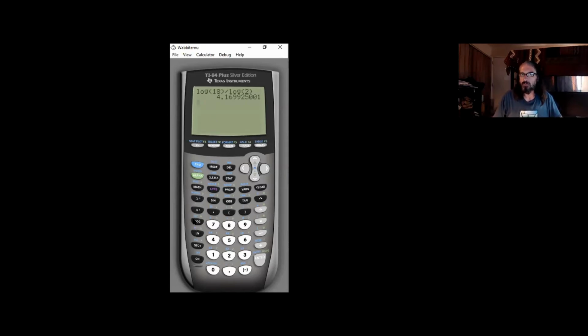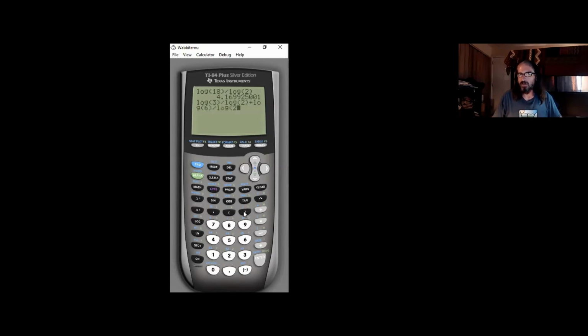Whereas if I put the log of 3 divided by the log of the old base 2, plus the log of 6, divided by the log of the old base 2,